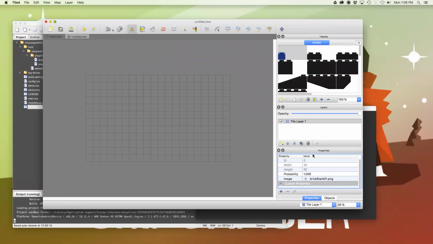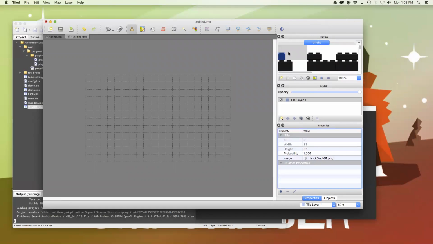You can see a little bit of their initial properties down here, tile properties, where it has an ID associated with each tile. So the first one's 1, the second one's 2, so on and so on. It also automatically finds the width and the height of that tile, which is important when we start placing them on screen, because that gives us the ability to do